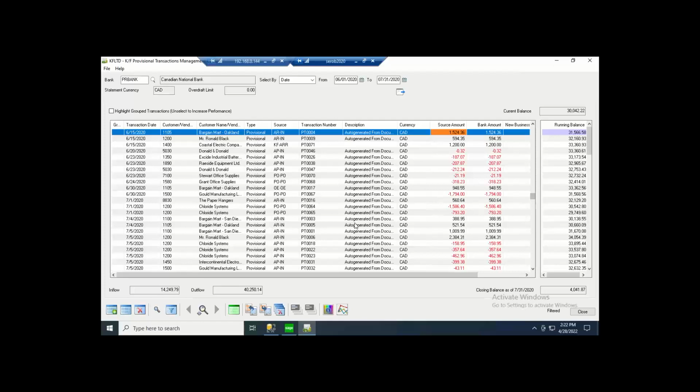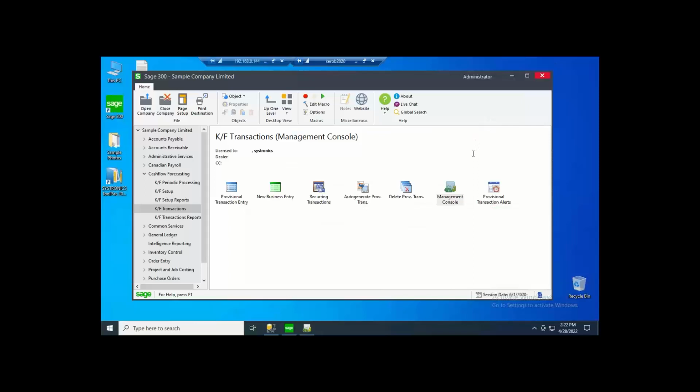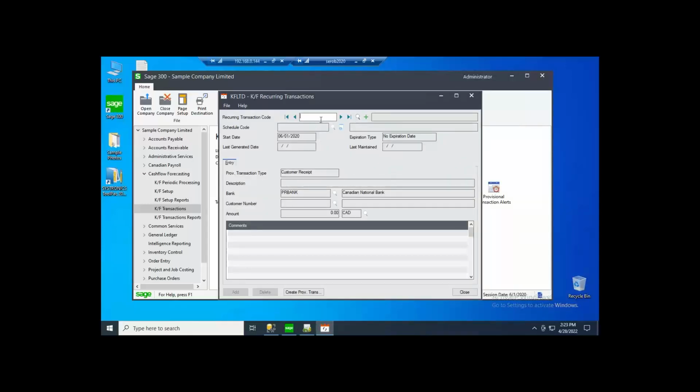What other type of sources of provisional transactions, cash inflow and outflow, can happen? For example, it is possible that we should pay weekly basis for rent for some expenses. In order to do that, there is a special screen for recurring transactions. And from that screen, I can specify the code of the recurring transaction, specify whether it is a receipt or payment,